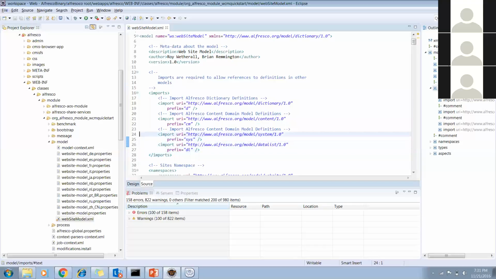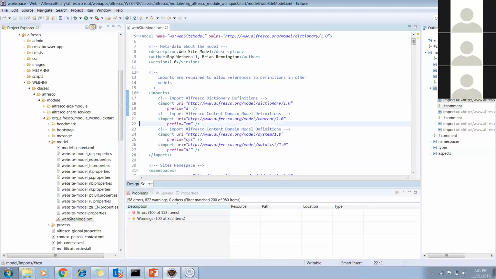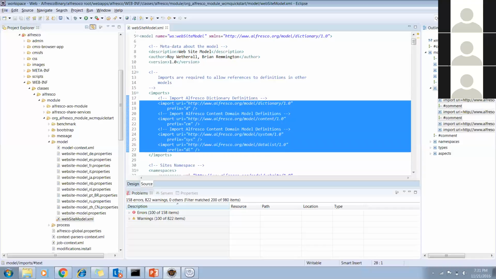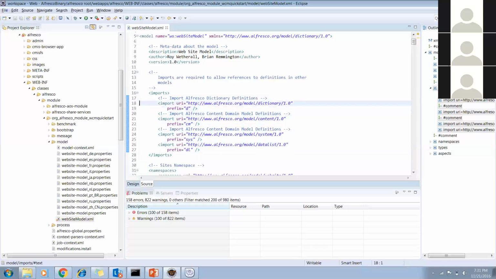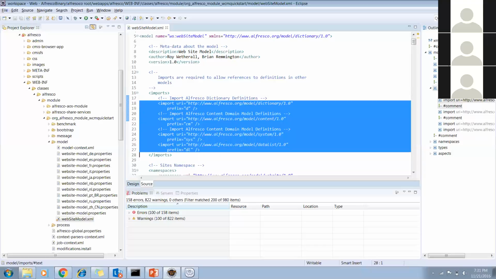I never worked on .NET, so sometimes I have an issue. So you know the import. What is the import in Java? Import is like you import some packages through the project, so importing some class or some package so that you can use their methods in the current one. The same concept here: they have already created a basic content model so that we can use those defined properties or models in our own content model.